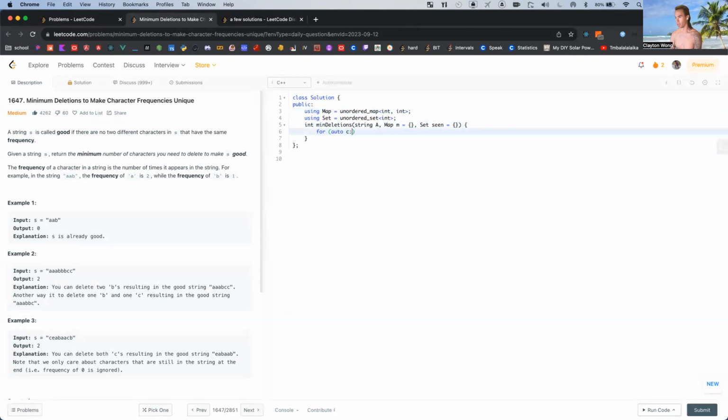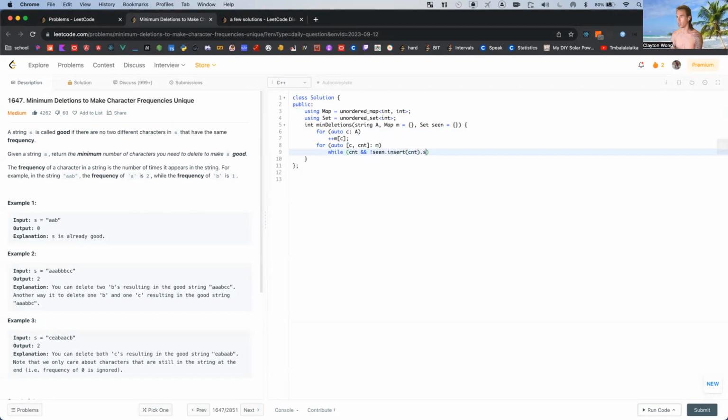For each character of the array, increment the count of each character. And then for each character count in the map,